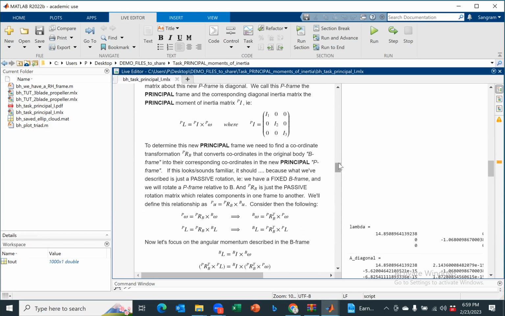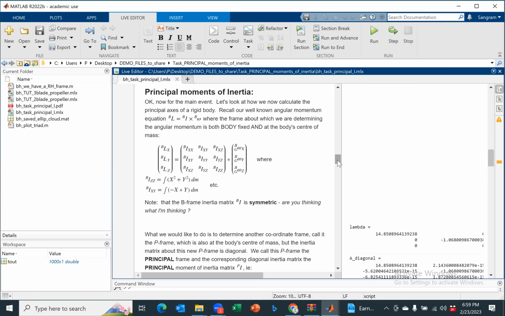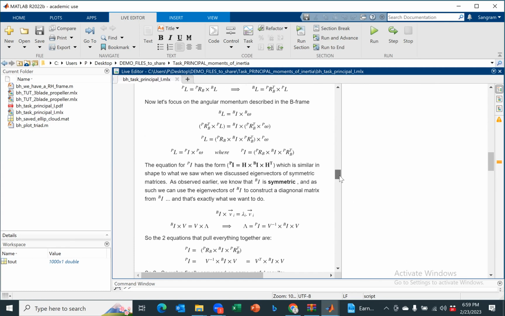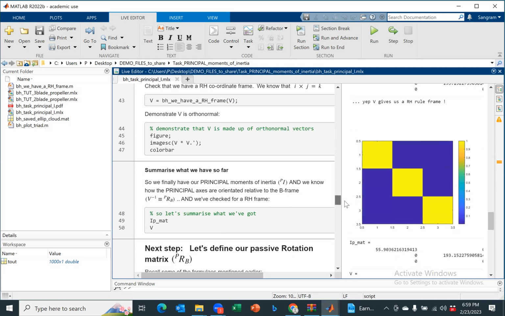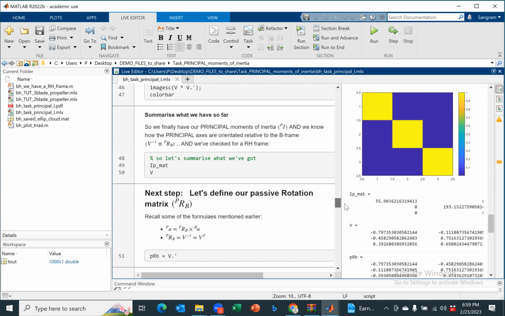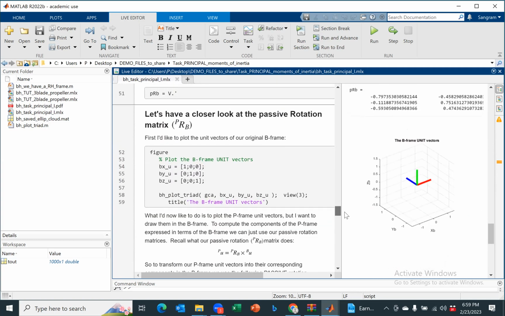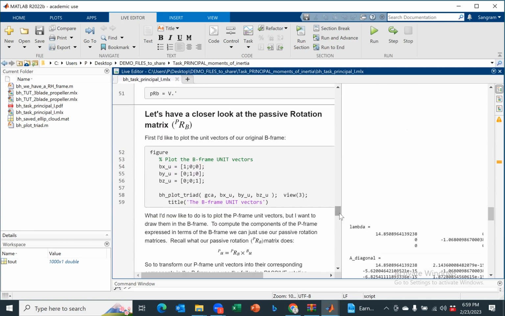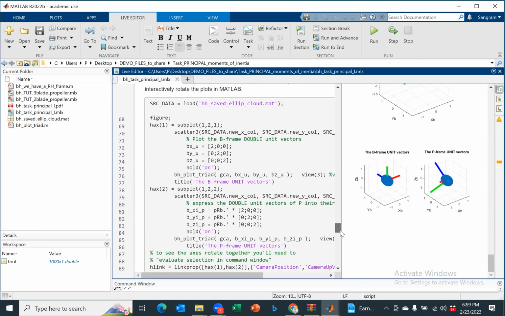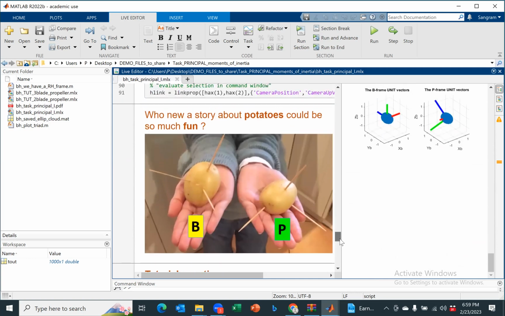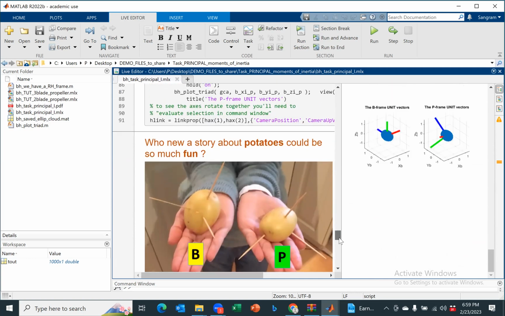They call it the body frame B and the principal frame P. This material we discussed, but I would encourage you to take a look at it. It will show you the unit vectors in the B frame. It will show you the blob, the inertia tensor, and then